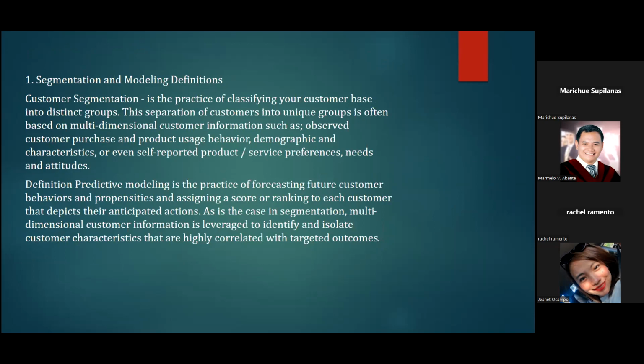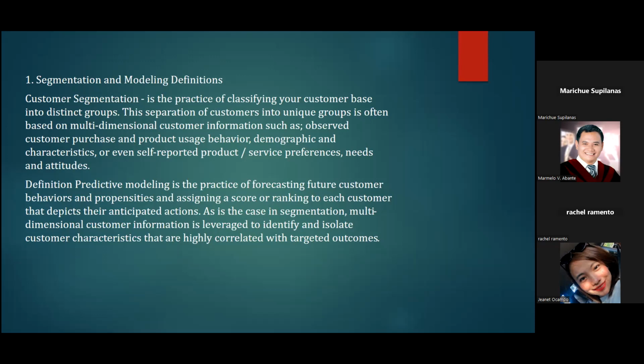The terms customer segmentation and customer predictive modeling are often used interchangeably, when in fact they are different and support different business objectives. To clarify these differences and explain why both tools, not one or the other, are required to effectively compete in today's customer-centric marketing landscape. The emphasis will be on suitable marketing application of segmentation and modeling, as opposed to an